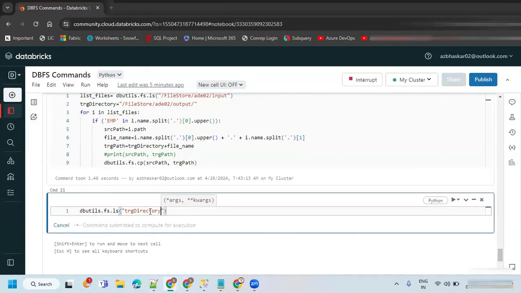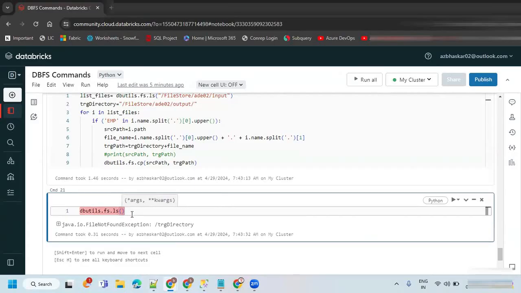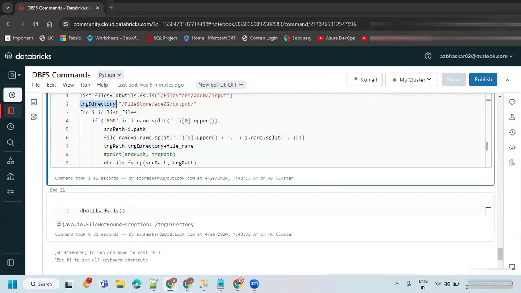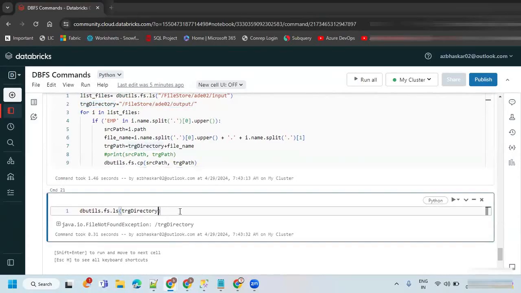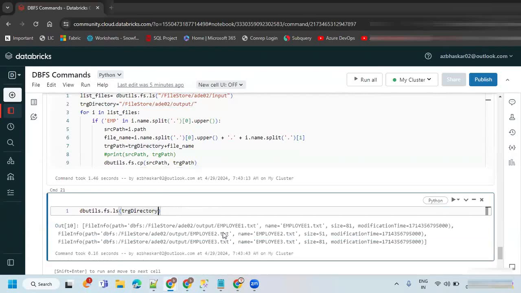Let's execute it. Sorry, just paste this name only. Now you have 3 files here: employee1.txt, employee2.txt, and employee3.txt.